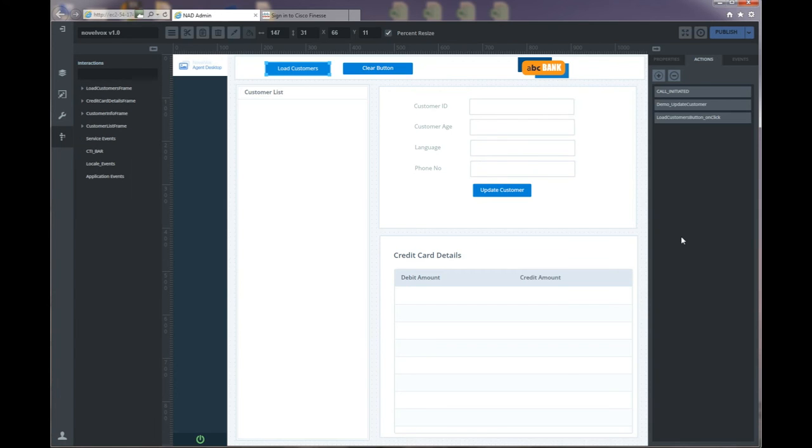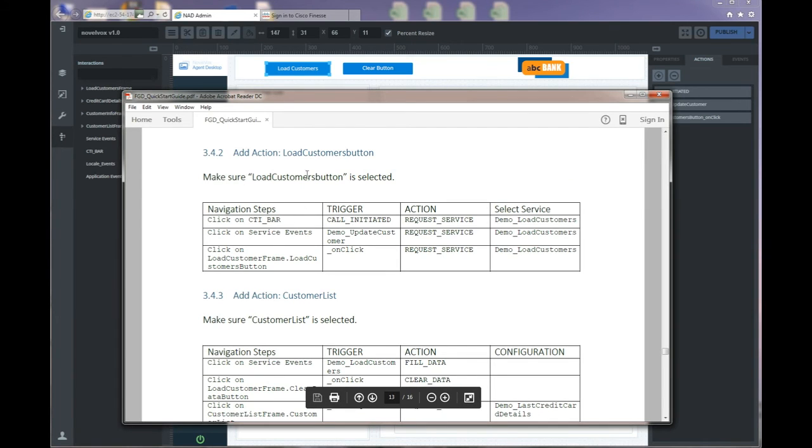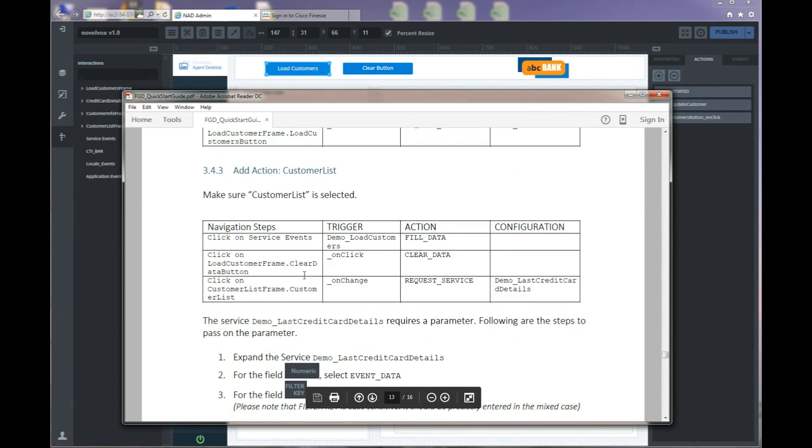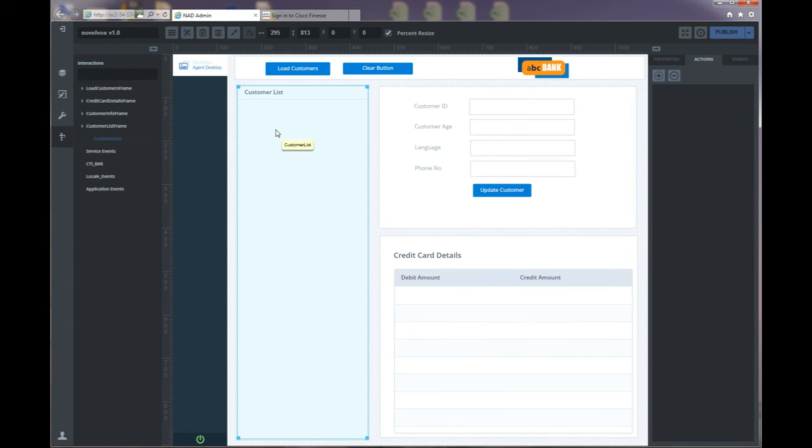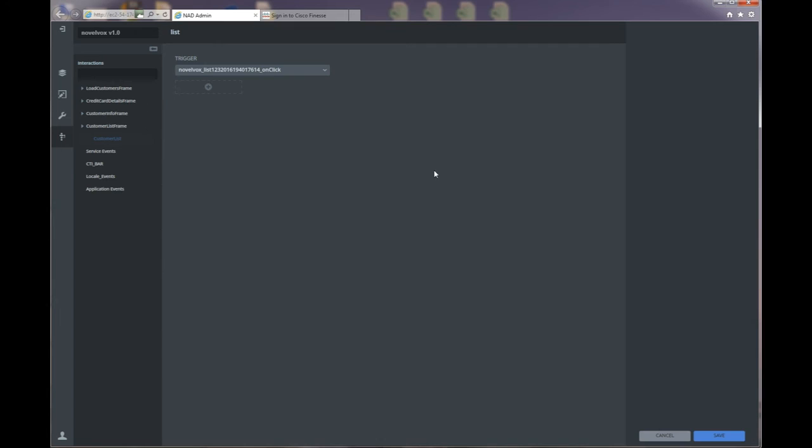Save. So that's all the events done for the load customers, so that's this one done. We're going to go to 3.4.3, which is the customer list. So highlight the customer list here, and we're going to add an event. You can either add it here, click plus and click service events, or you can just click on service events straight away. So it'll be demo load customers,